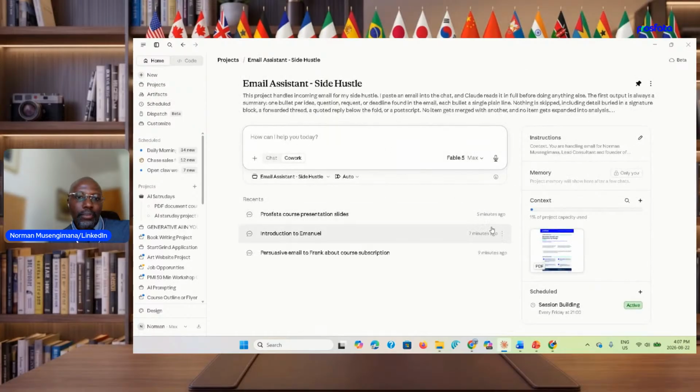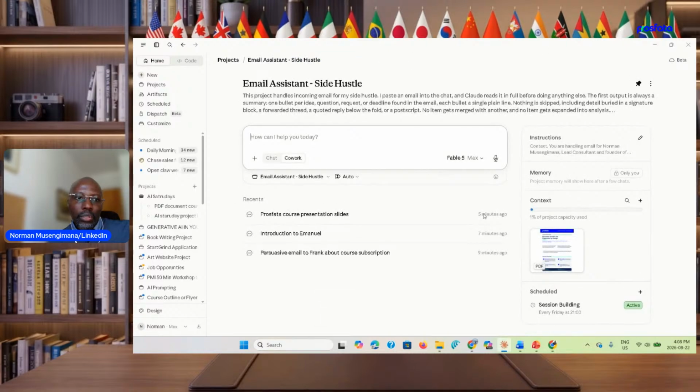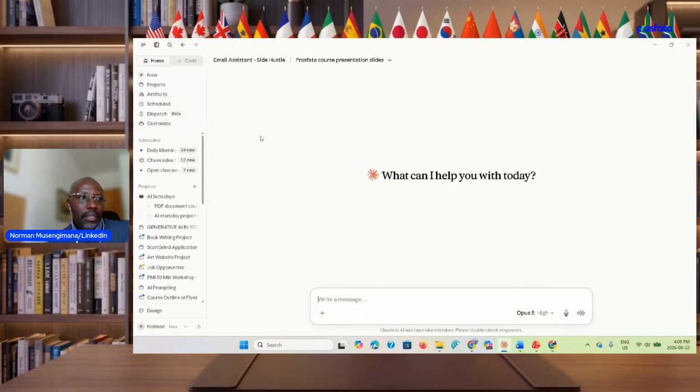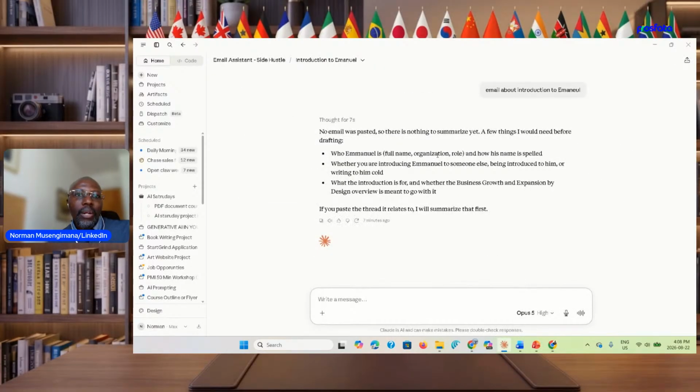But if I go back to the project, so this is the project. And you can see that you have access to all of the things that you want to do. And the last thing we had asked it to do was to build the presentation, which I'm not going to wait for because I've taken way too much time, almost 2 hours. Anyway,